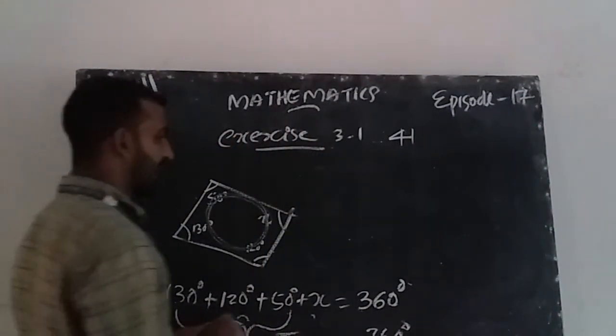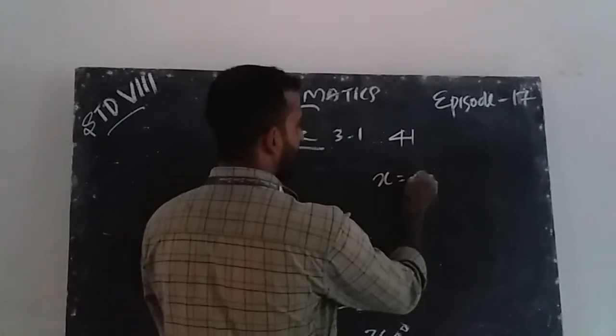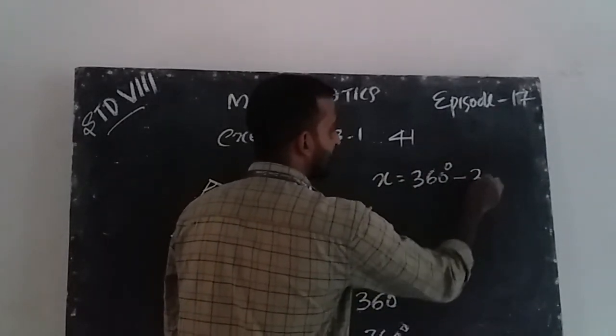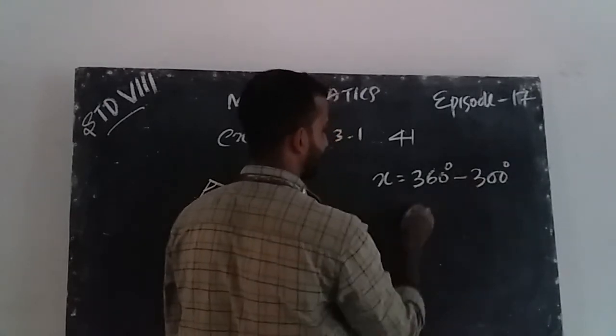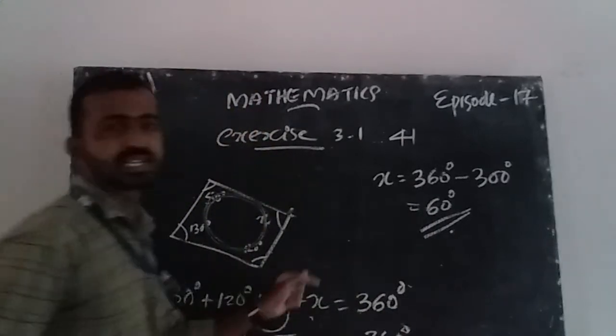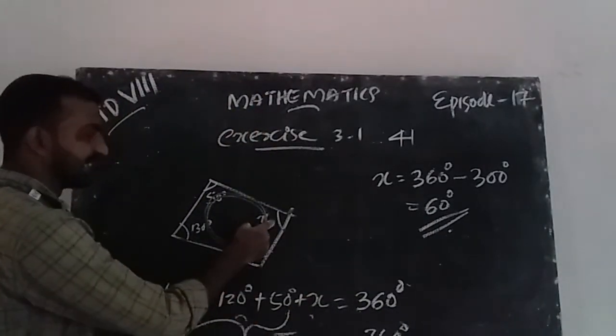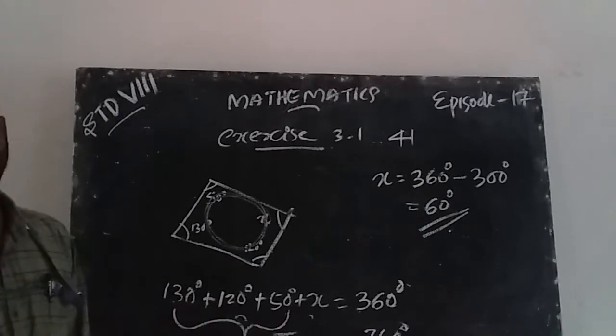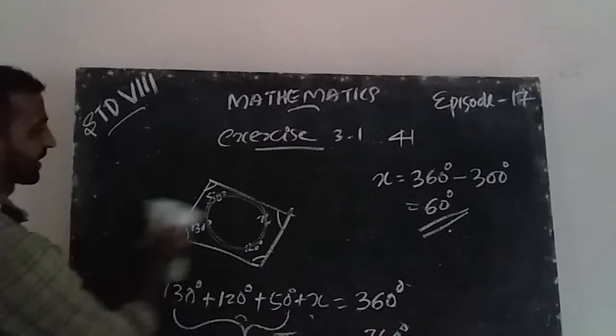Next step, x equal to 360 degree minus 300 degree. That is we get 60 degree. That means this angle is 60 degree. And next one is